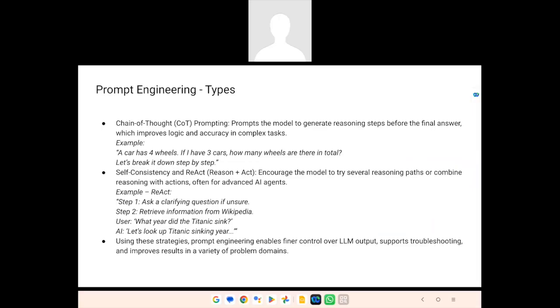So we will say four wheels is for one car, and then three cars, in the sense four into three, total. So in a way, we think in a more systematic manner. Although we do this in milliseconds, that's how our brain works. In a similar way, we give LLMs the instructions so that it will be able to solve the mathematical questions.